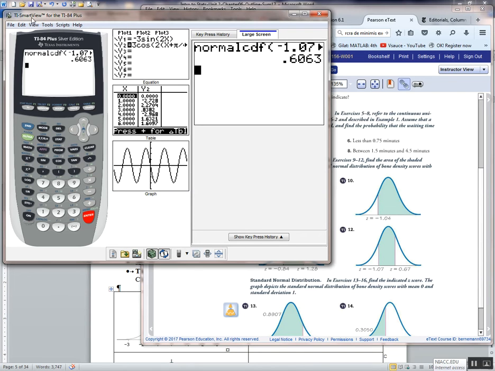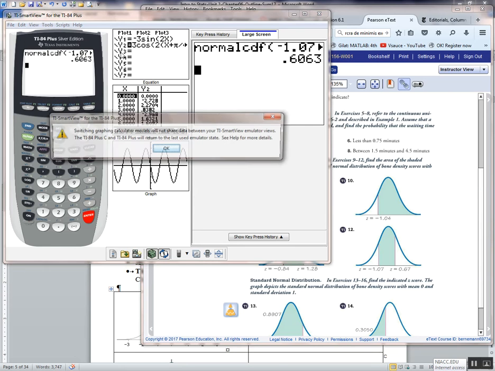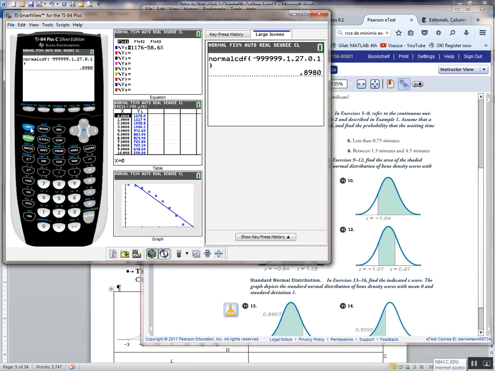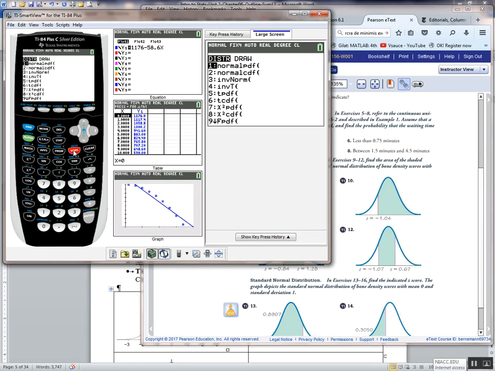I will again show this on the other calculator. I'll look at this one here. It's going to switch off. Here I go to, again, the distribution. I go to the normal CDF. Here I put in a negative